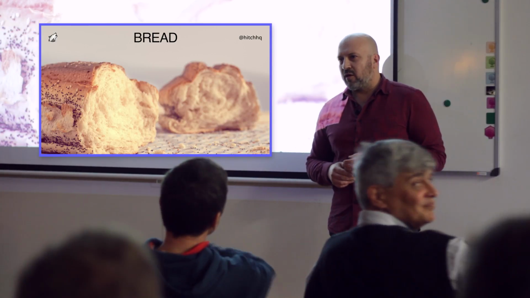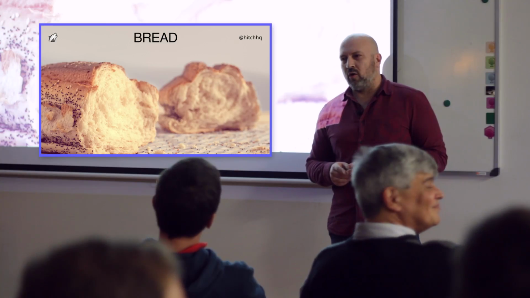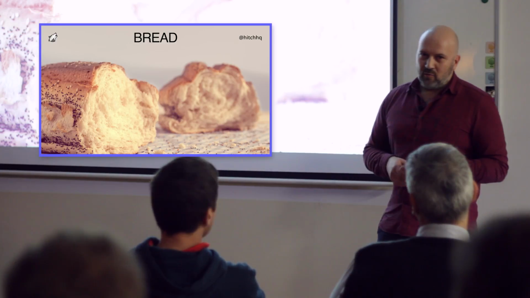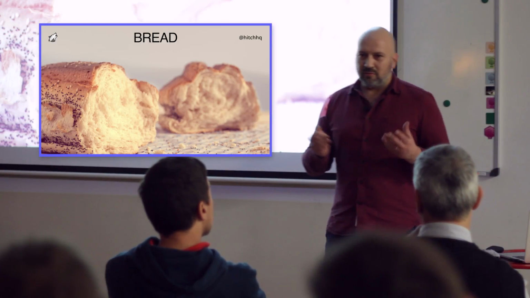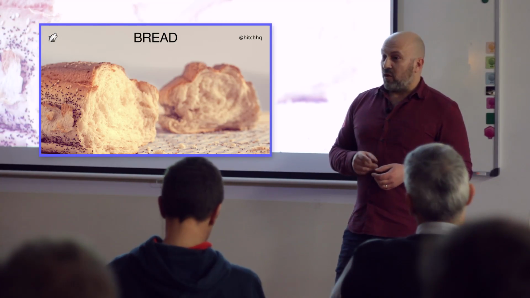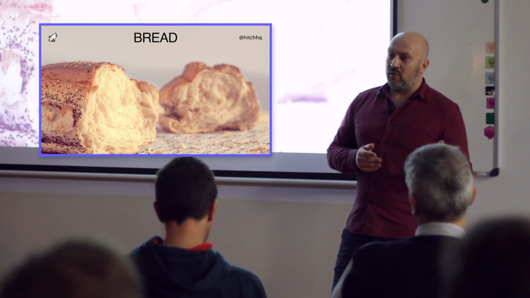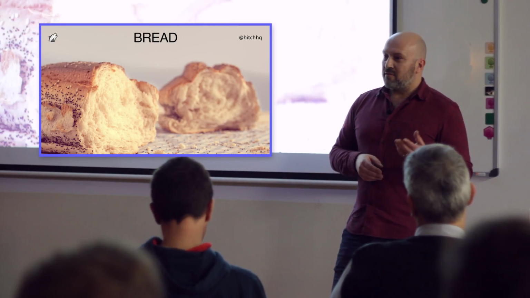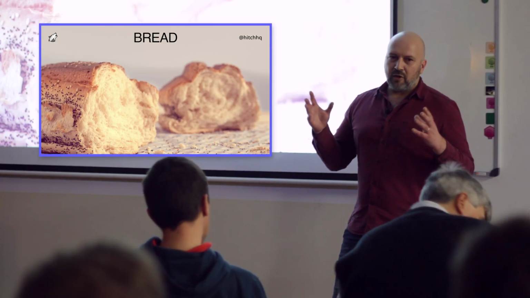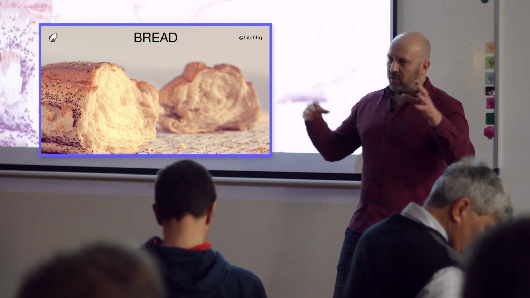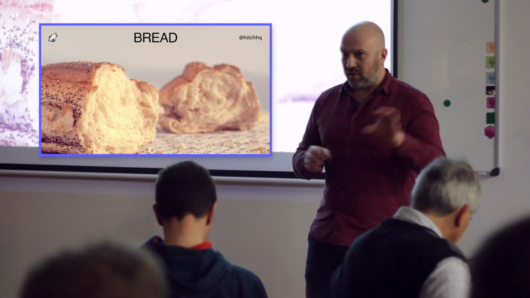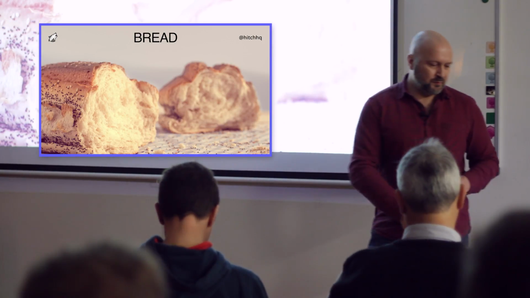Bread is a good example of what you can call a generic product, right? Bread is very simple. Anyone can understand what bread is and how to consume it. Let's see if that is true. And it's quite cheap, and almost everyone in the world knows what bread is. But at the same time, you don't have any monopoly for the bread industry. You have a few big companies, but when you think about bread, you don't think about the brand. You think about the product, not the brand, right?